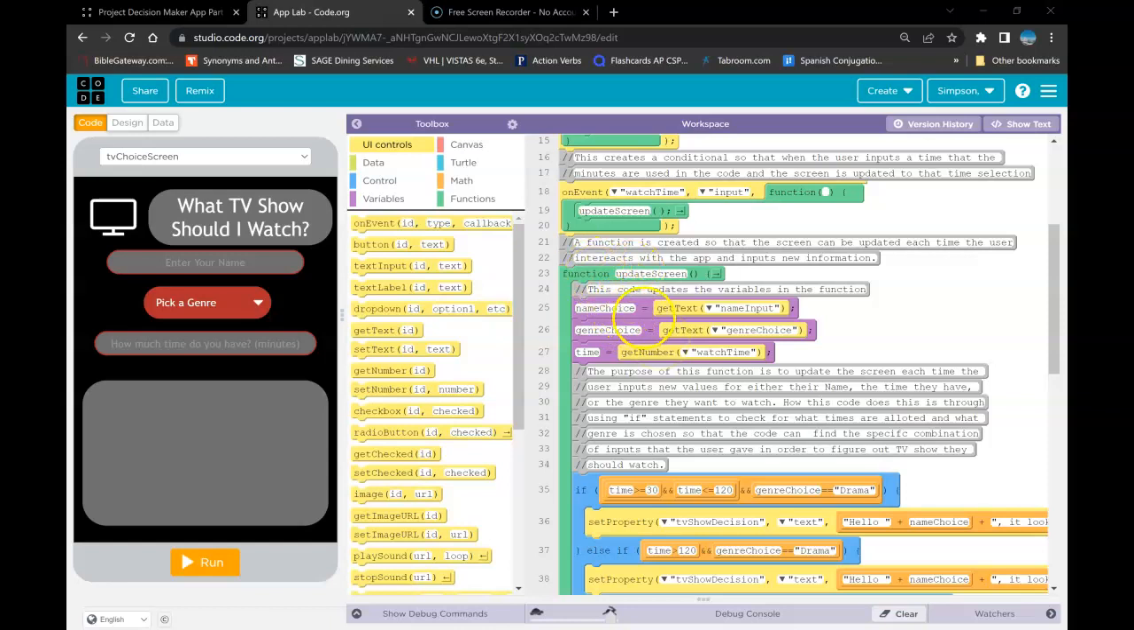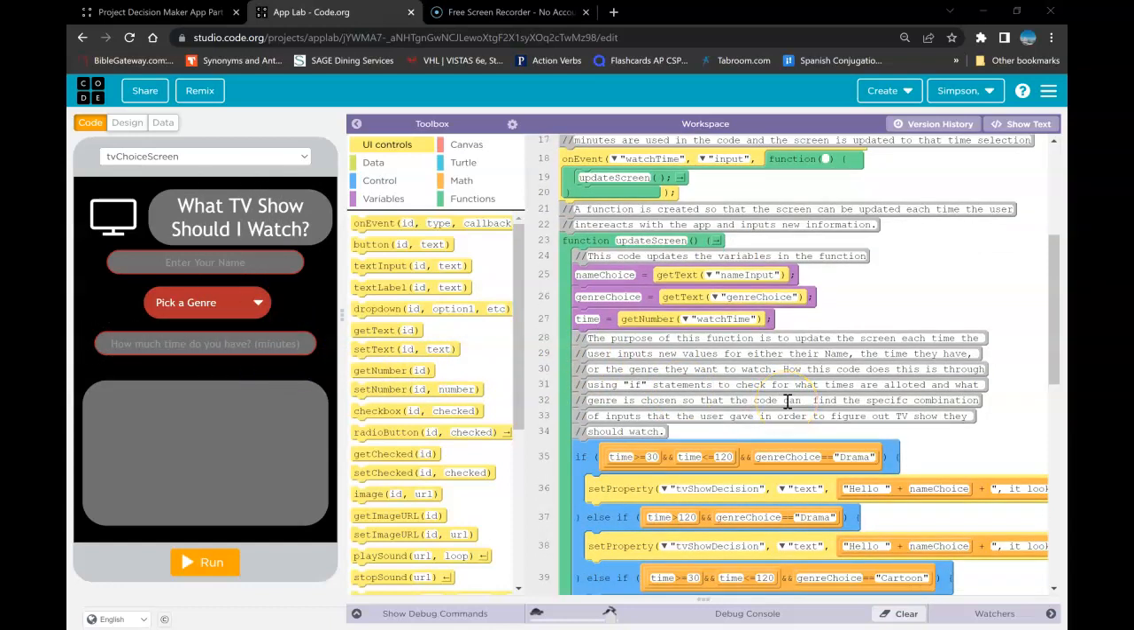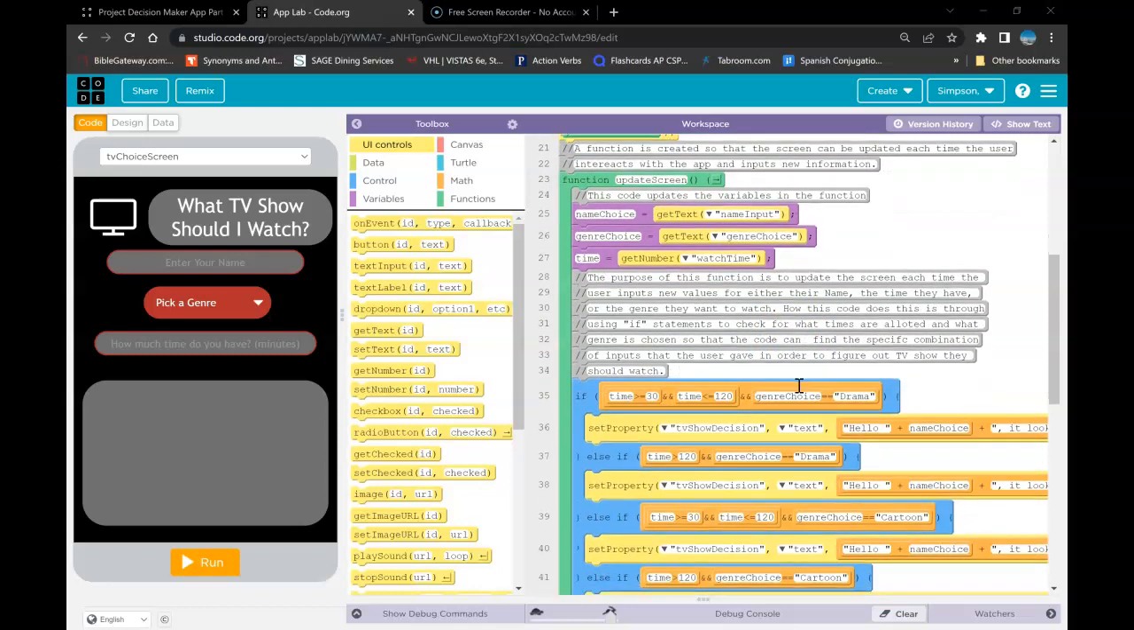And in the function, we update the variables so that you get the text when you input your name, when you select the genre choice, and when you input the watch time that you have allotted in minutes. That's important. Now, the purpose of this function is to update the screen each time that the user inputs new values in these sections, either the name, genre, or the amount of time, and it uses if statements that allow the code to check how much time is allotted and